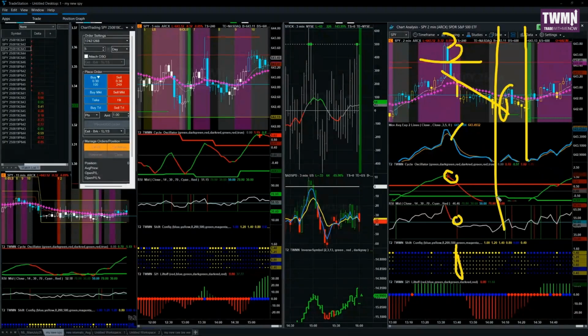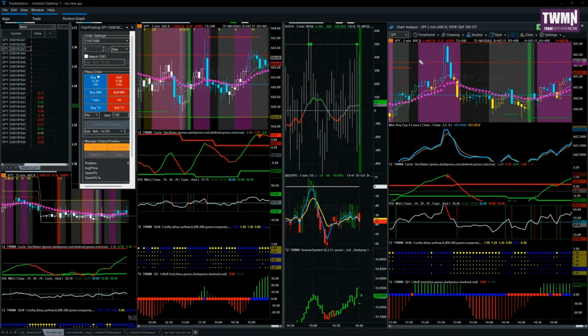Whichever exit you want, but that is the trade. Everything lines up: time of day zone, price action, moving average cross, cycle, RSI, dots. That's the trade, and you trade it down to the yellow bar